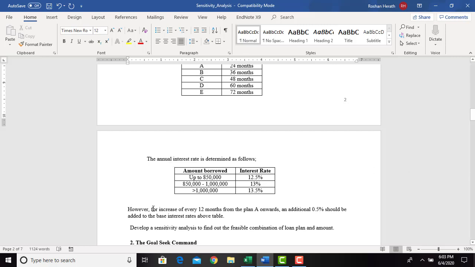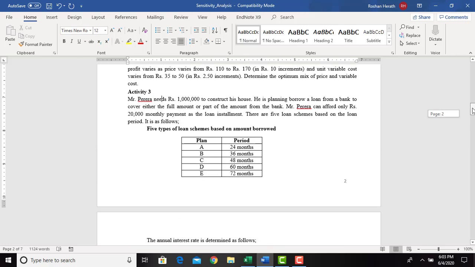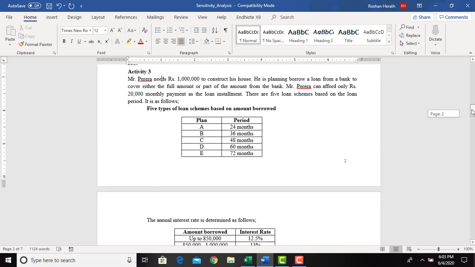It says that, however, for increase of every 12 months from the plan A onwards, an additional 0.5% should be added to the base interest rate in the above table. Then develop a sensitivity analysis to find out the feasible combination of loan plans and amounts. So when you look at this question,